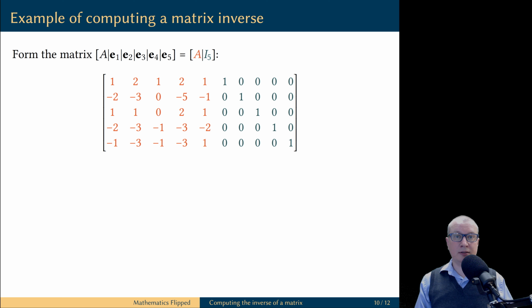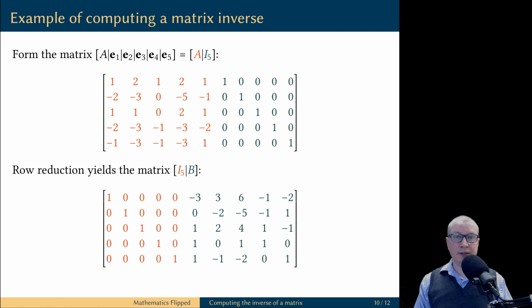So, as a shorthand, what we do is we write the matrix A, and then to the right of the matrix A, we write the identity matrix of the same size. Now, we perform Gauss-Jordan elimination on this one single big matrix. We know what's going to happen. The orange part, which corresponds to the matrix A, will reduce to the identity matrix. And then something will happen to the teal part, which starts as an identity matrix.